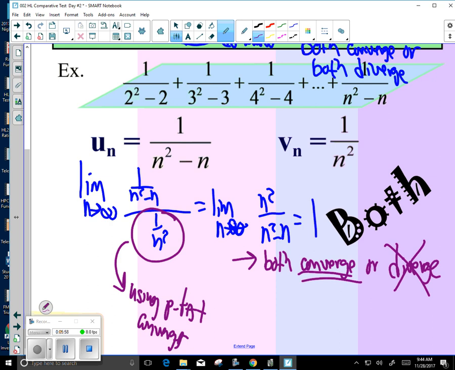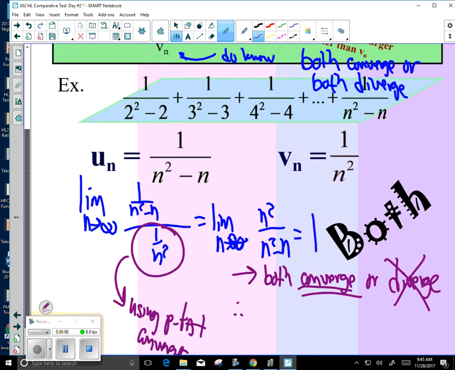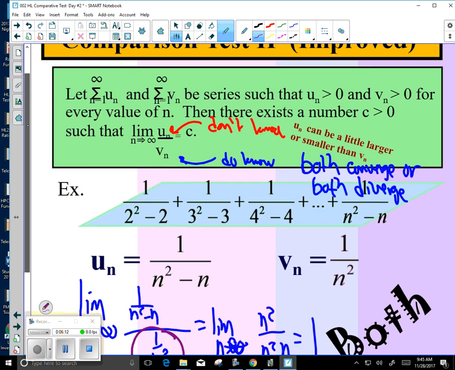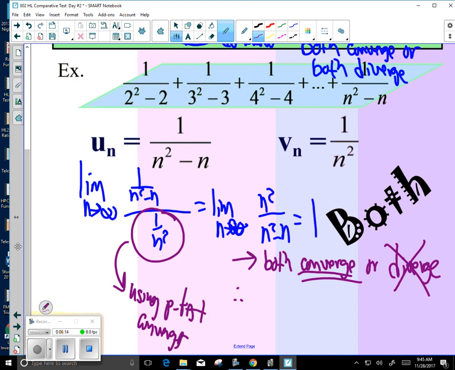On a test, you would say, like, therefore, since limit as n goes to infinity of u of n over v of n. So take a look here. Let u of n and v of n be series such that u of n is greater than 0 and v of n is greater than 0. So what we would say, therefore, since both series have positive terms